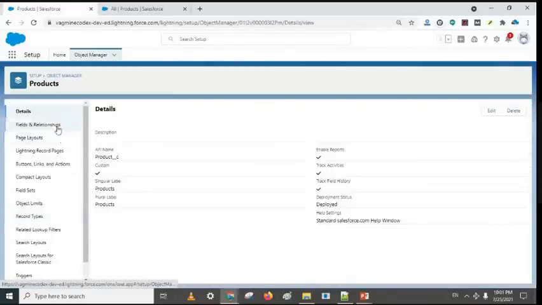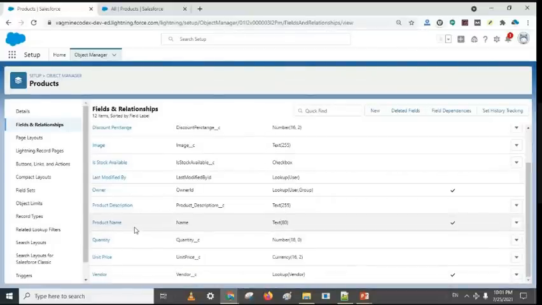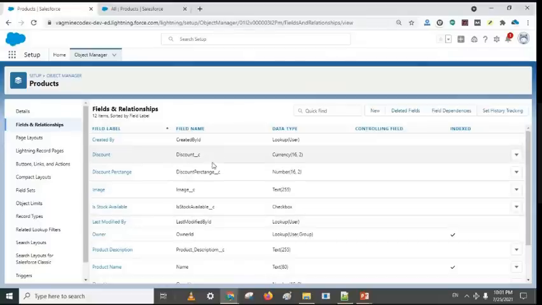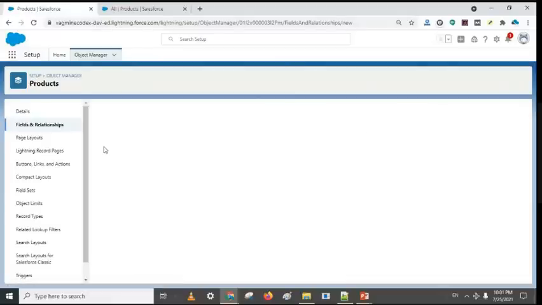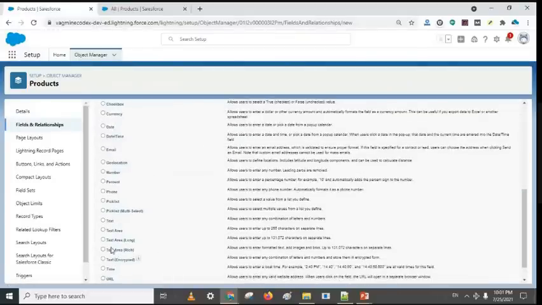See, now what fields do we have? We have label, and these fields. Vendor ID, quantity, or let's create a new field, a new text field.